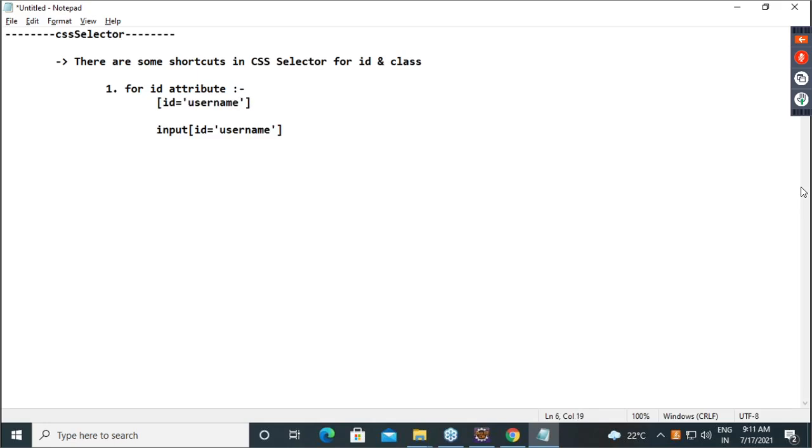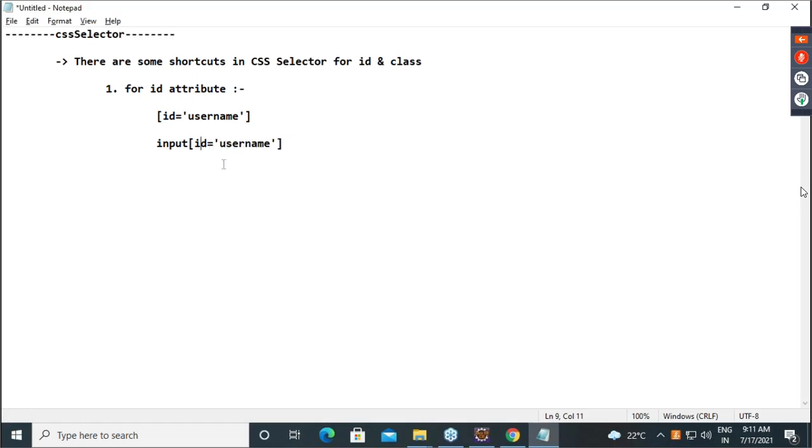Yesterday only I explained to you. Tell me. Here it will search ID equals to username in the entire HTML document, everywhere. But here it will check first the input, whether in an input the ID username is available or not. Guys, can you hear me? Okay. Now see, if my concern is I am going to use ID only, then no need to go for this much long CSS selector.